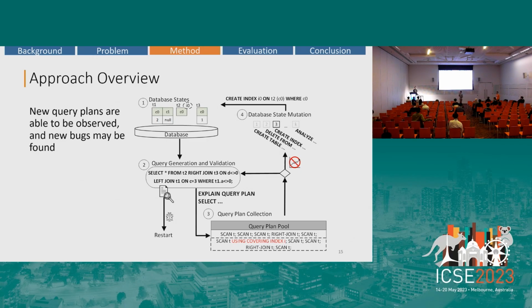So I have a follow-up on that. In your approach, do you only generate the query, or do you also change the database? Oh, exactly. Good point, yes. In principle, as I said, both the input query and database state will affect the query plan. But here, we only mutate the database state while randomly generating the input query, because based on our experiments the input query easily becomes invalid if we mutate it. So we avoid it. We just mutate the database state to more efficiently generate more diverse query plans. Cool. So we have time for one final question.